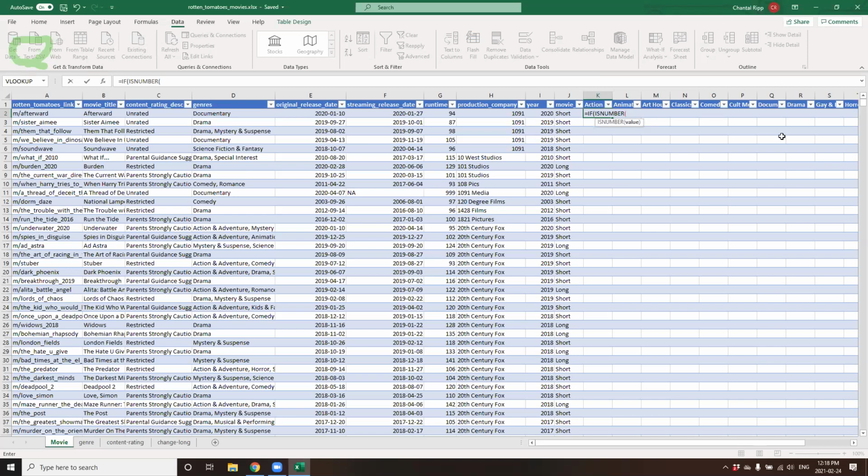But I'm not looking at numbers, I'm looking at text. So we're going to compare this with another function, SEARCH. There are two functions that allow you to search through text in a column, SEARCH, which is not to be exact, and FIND, which has to look for the exact match. But we'll be looking for SEARCH. For instance, I'm looking in this column for the genre action and adventure. Action and adventure. In the genre tab, so over here.